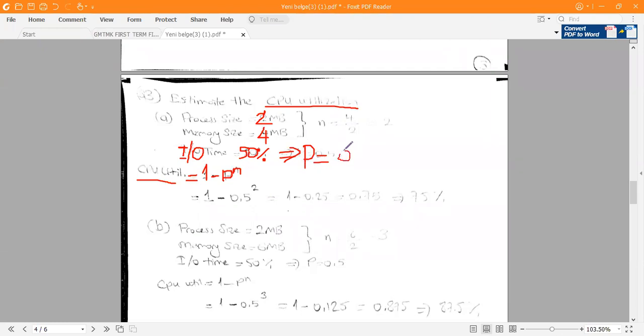If it is 70%, you have to say 0.7. And N is